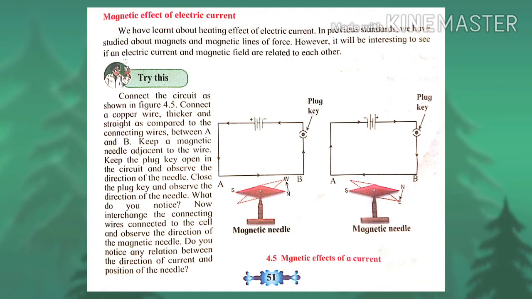We notice that relation between direction of current and position of the needle in the above activity. Similarly, we observe that magnetic effect is observed because of the current in the wire. This means electricity and magnetism are closely related concept. Hence, Oersted first pointed out the relation between electricity and magnetism. Thus, unit of the magnetic field is termed as Oersted.